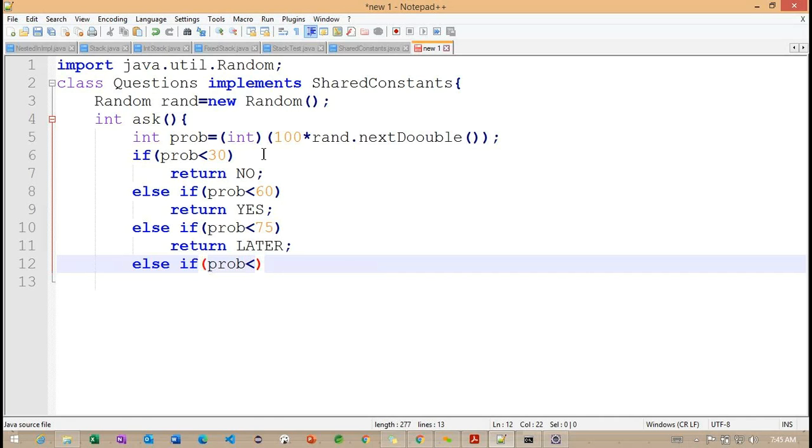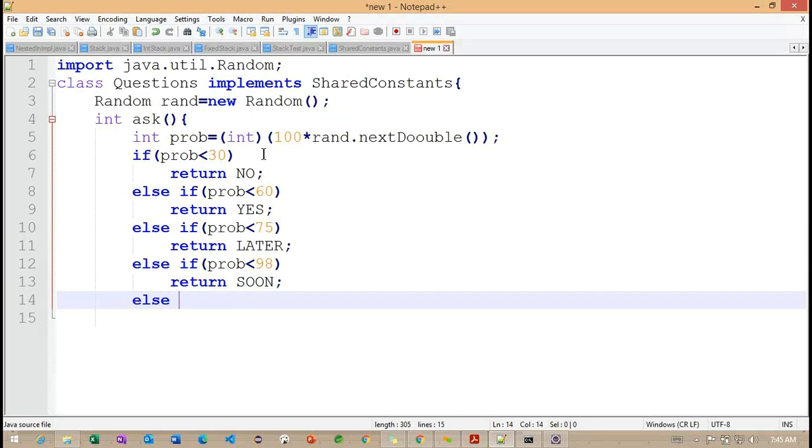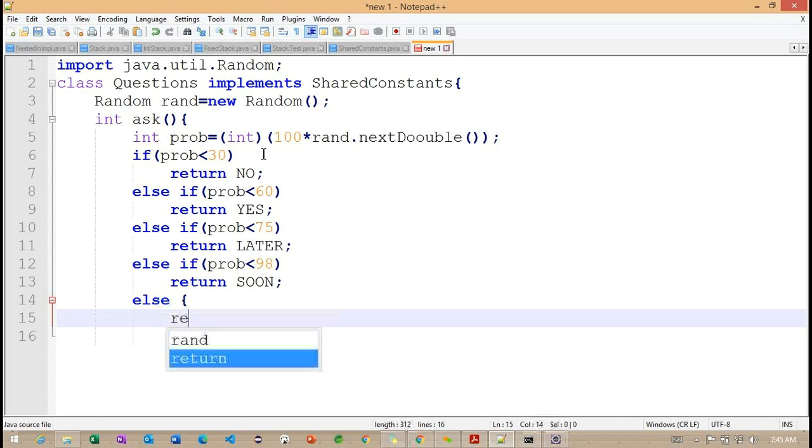Something I want to make: return soon. Getting the point. And if any condition is not satisfied here, now what we can do? Return never.